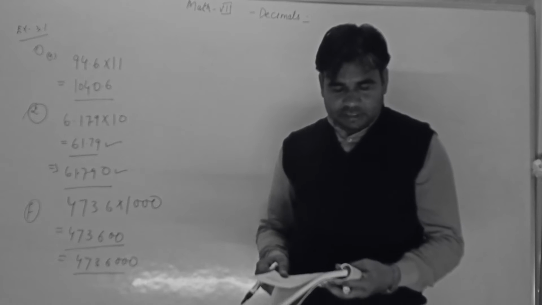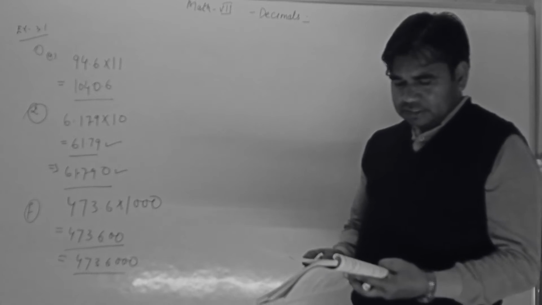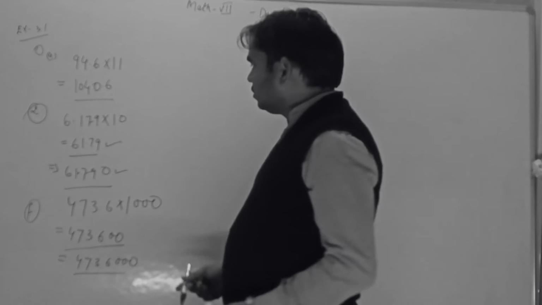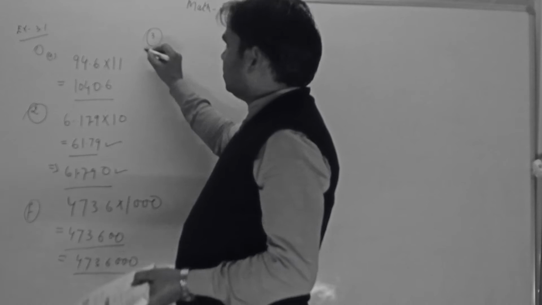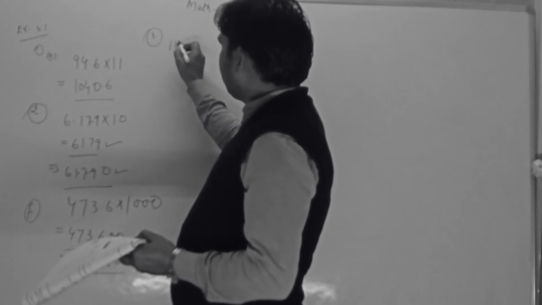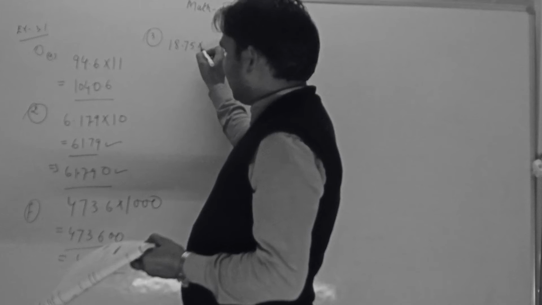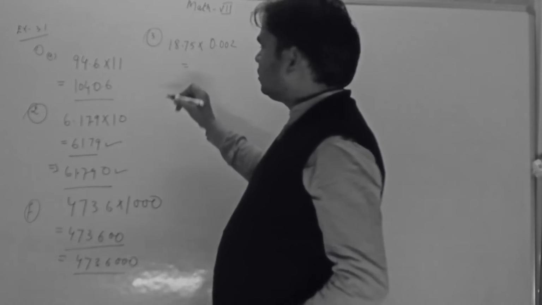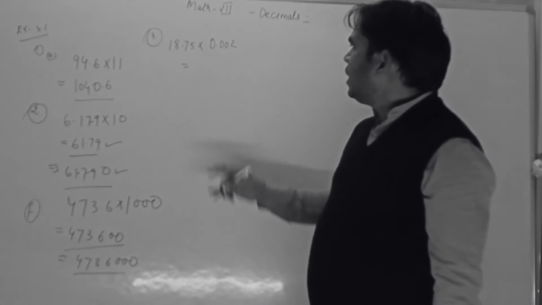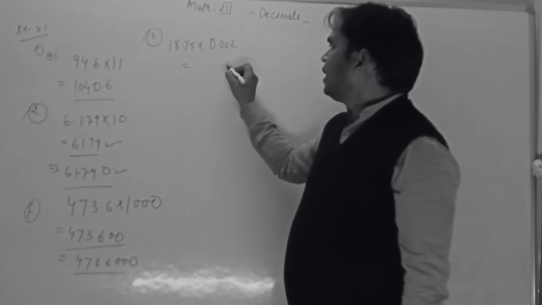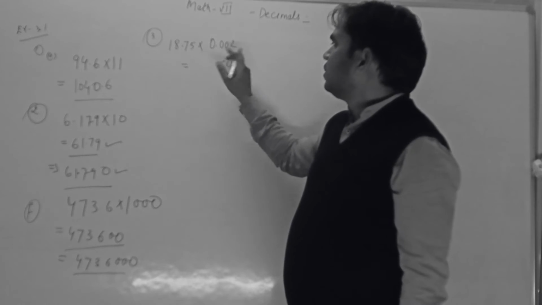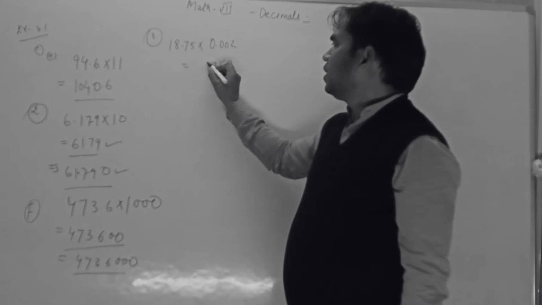So in question 3 also multiplication. So here you see students, C part we can take. So C part, that is 18.75 multiplied by 0.002. So here we can write multiplied, 2 5s are 10, 0; 2 7s are 14 and 1 is 15; 2 8s are 16 and 1 is 17; 2 1s are 2 or 1, 3.